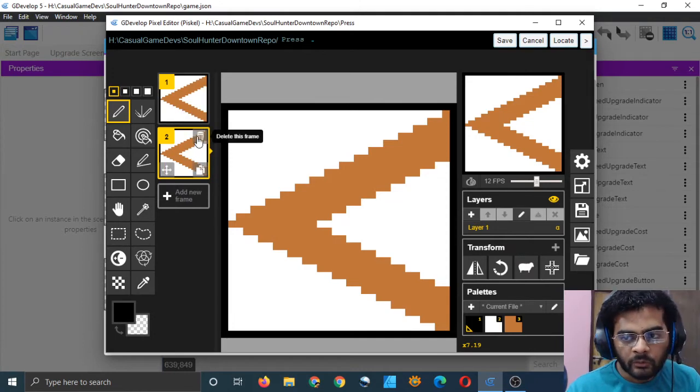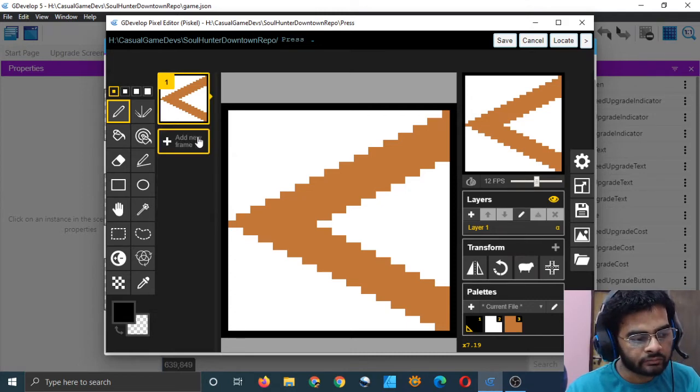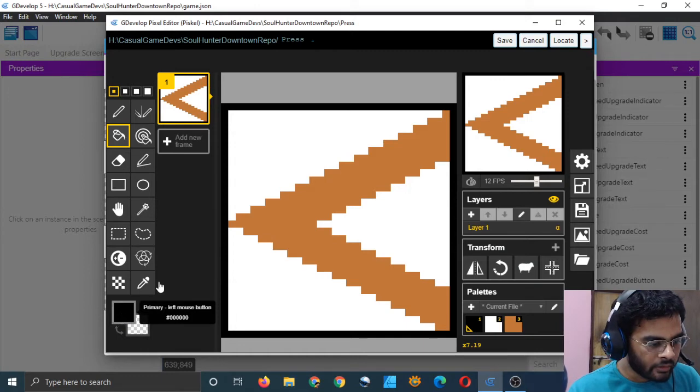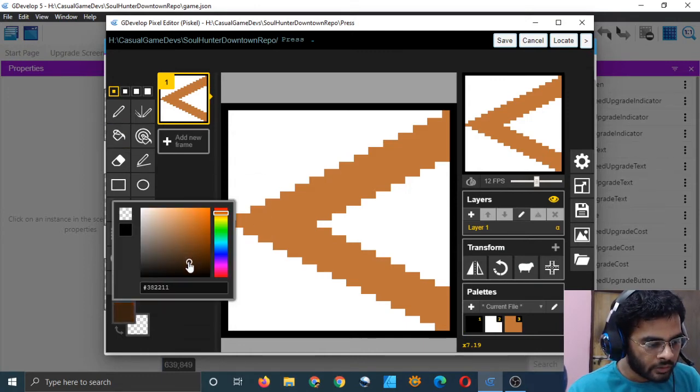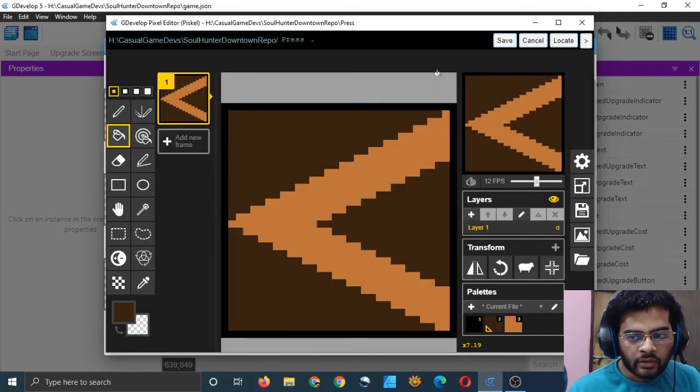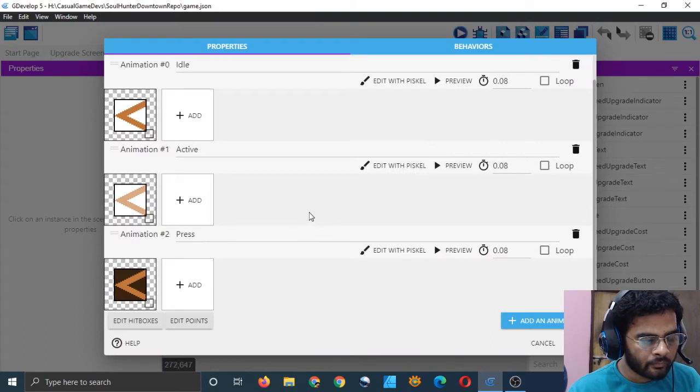Delete the old one, because we don't want to edit it. When you delete it from here, it does not delete it from the file. So this is the new one. Edit this one. For the pressed animation, I will just paint it a little darker shade. Go to some darker shade and just paint it. Pressed animation. Save it. There you go.